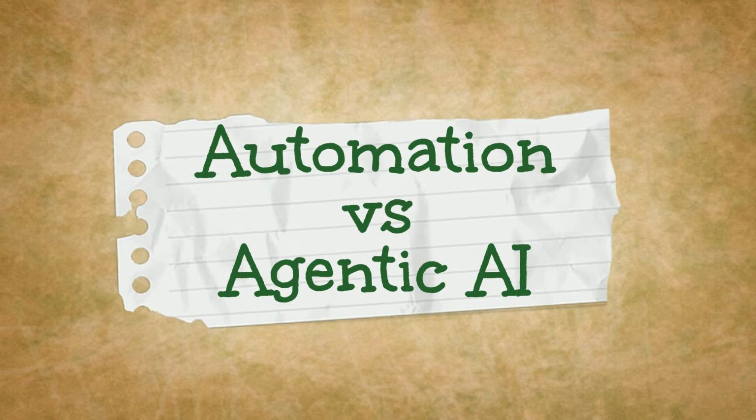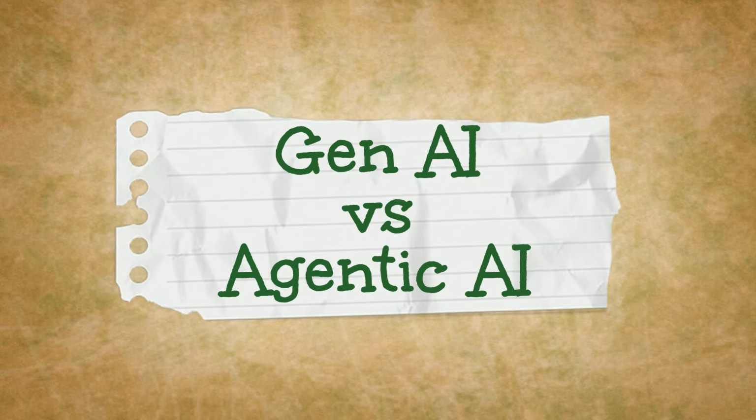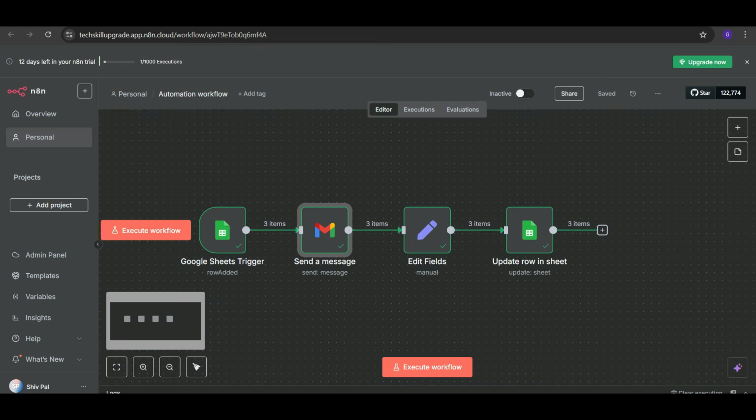Now, before getting into agentic AI, the first thing we need to understand is how agentic AI is different from conventional automation, maybe rule based automation. How is it different from other AI aspects like generative AI? You will get answers to all these questions. So let's get started. Okay, so I have logged in to the N8N platform,